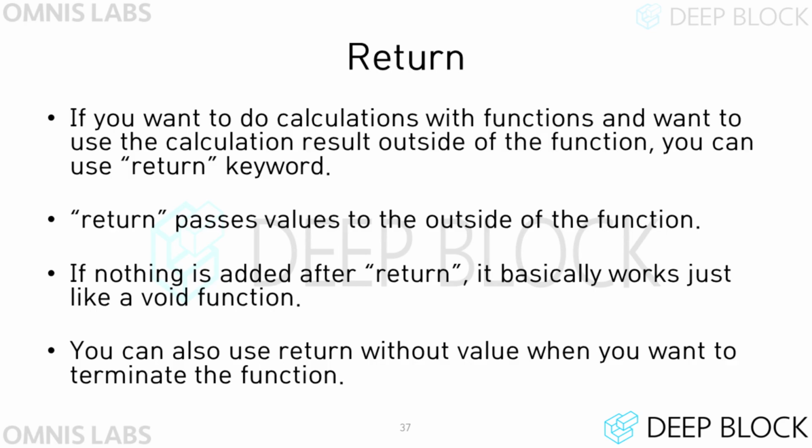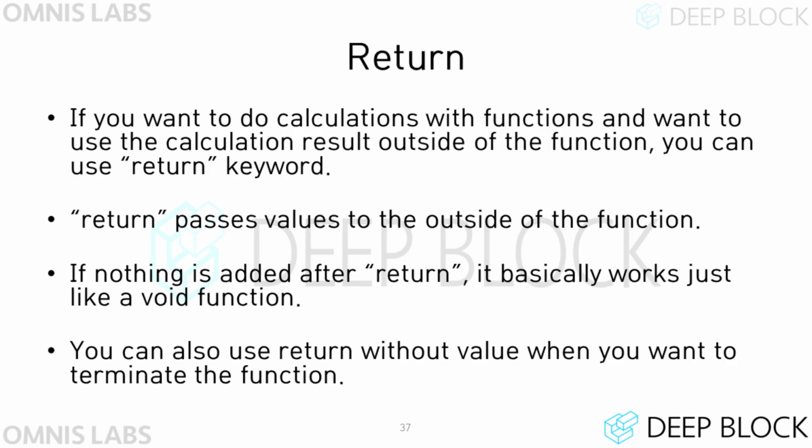The return keyword is a keyword used to terminate a function by passing the value inside the function to the outside of the function. If you want to return something to the place where the function is called, write return and put space. Then write a variable or a value to return. If we call a function with return statement, when the function ends, it returns the value or variable to the place where the function was called.